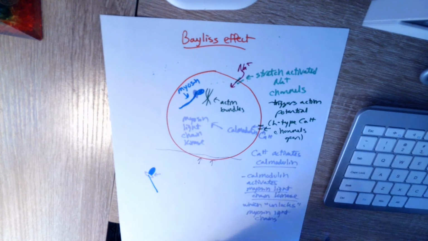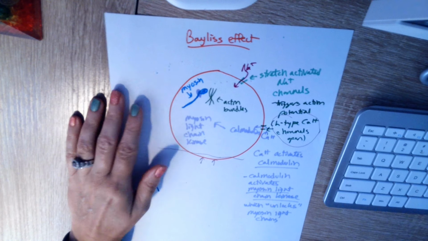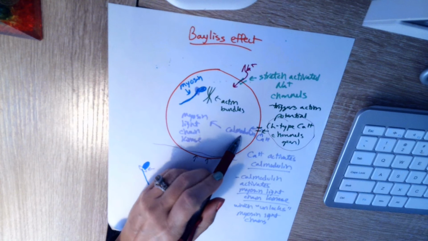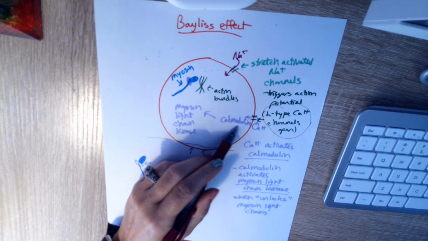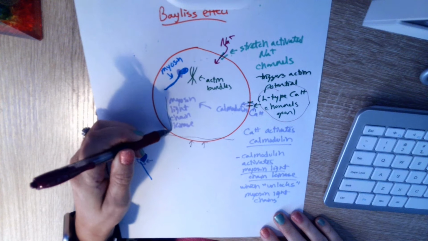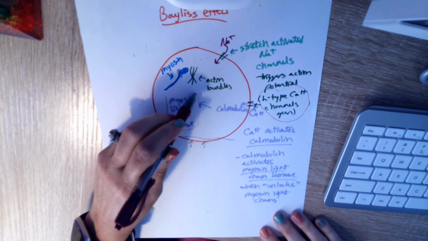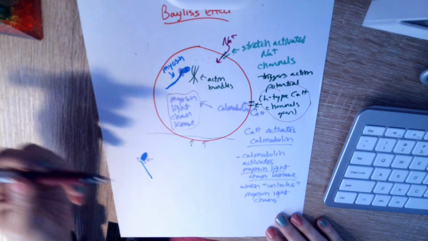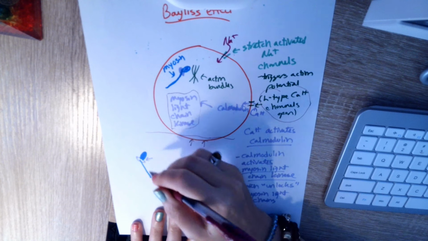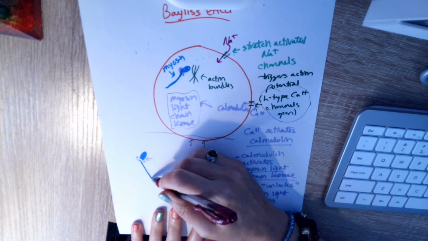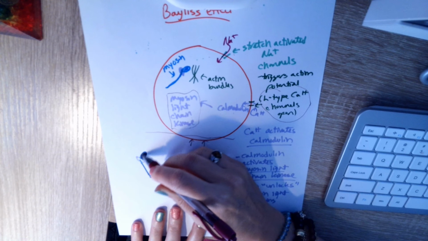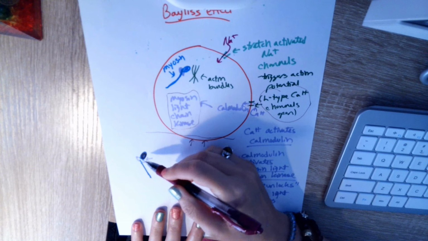In smooth muscle cells, the action potentials involve L-type calcium channels. So the L-type calcium channels open, calcium goes into the cell, it binds to calmodulin and activates it. That's an enzyme inside the cell. And then calmodulin is going to activate something called a myosin light chain kinase. The myosin light chain kinase is going to work on myosin, and it's going to affect this thing called the light chain, which if you look at our myosin molecule here, we have the tail, we have the head, and we know that for any kind of contraction to happen, we need the myosin head to bind to actin